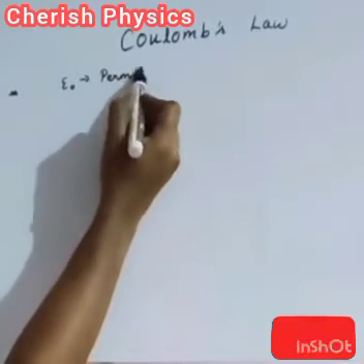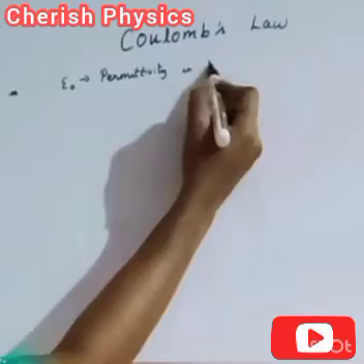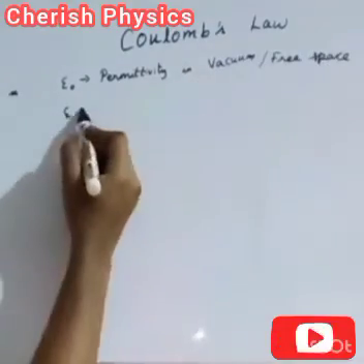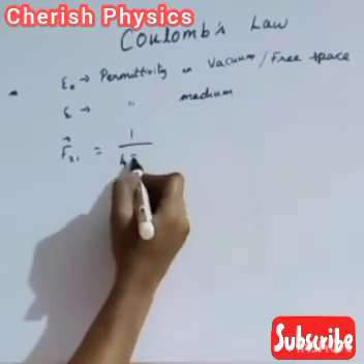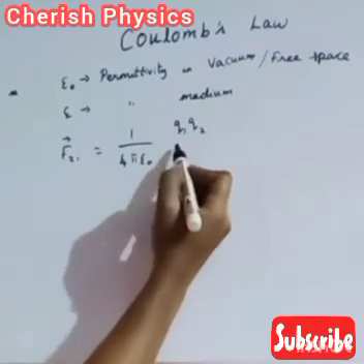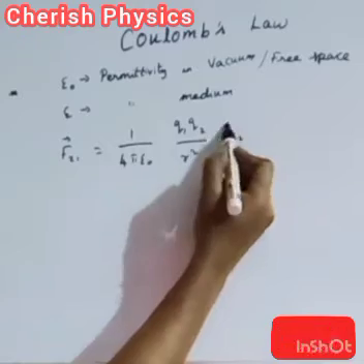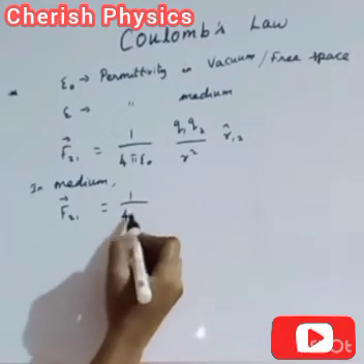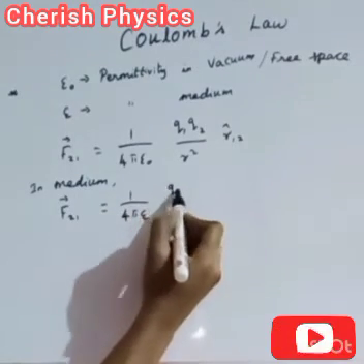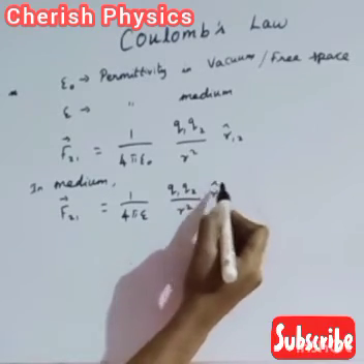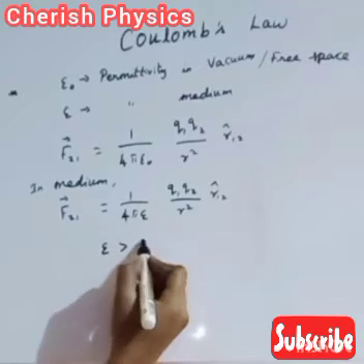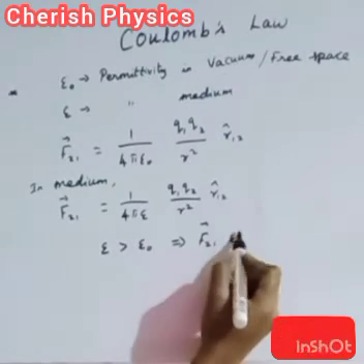Epsilon naught is the permittivity of free space or vacuum and epsilon is the permittivity in a medium. In vacuum, F21 bar is equal to 1 by 4 pi epsilon naught Q1 Q2 by r squared into r12 cap. In a medium, F21 bar is equal to 1 by 4 pi epsilon Q1 Q2 by r squared into r12 cap. Since epsilon is greater than epsilon naught, the force in a medium is always less than the force